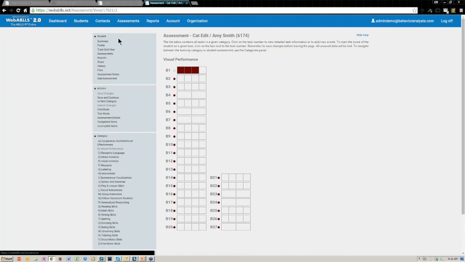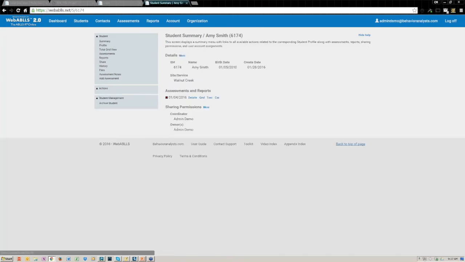But I've got this action panel here that has all of the functions that I can do with this particular student, so I'm just going to click summary. And now it takes me straight there. It's one click versus probably two or three clicks to get back to the student summary. And here you will see that our assessment has been added, and it now shows our color and our assigned date.